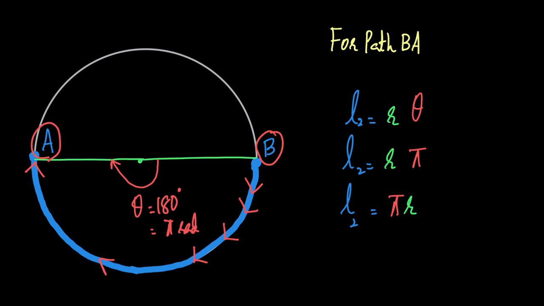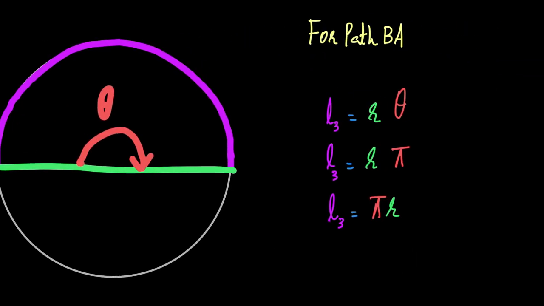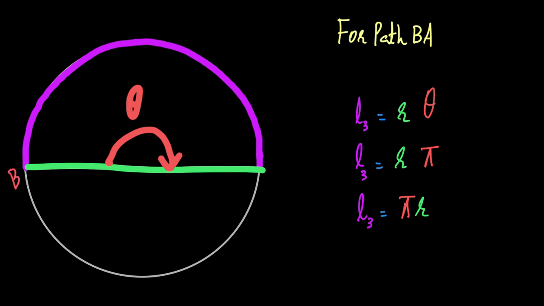Now, is the path complete? No, we still have one more path length to cover, which is starting from A, reaching all the way to B again. So this arc length AB is equal to r theta, where theta is the angle subtended by it. And what is its measure? Its measure here is 180 degrees, or is equal to pi radians. Therefore, L3 is also equal to pi r,